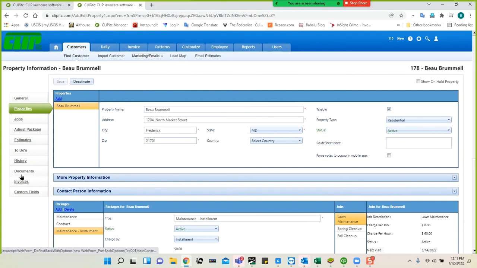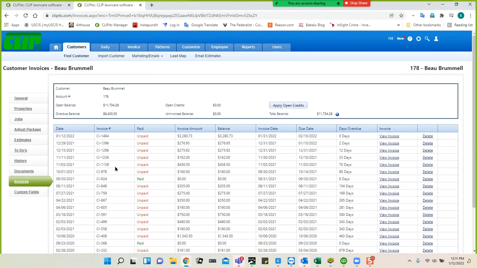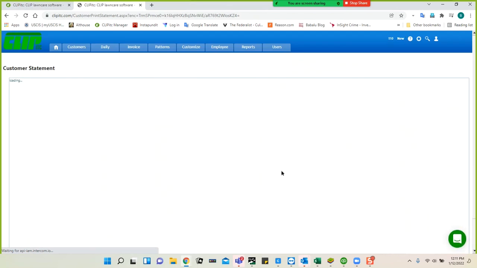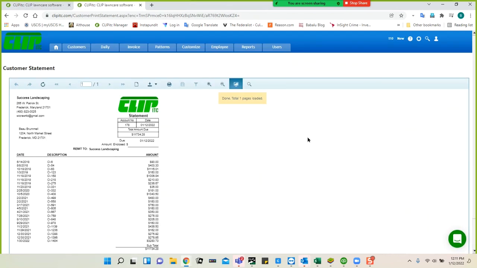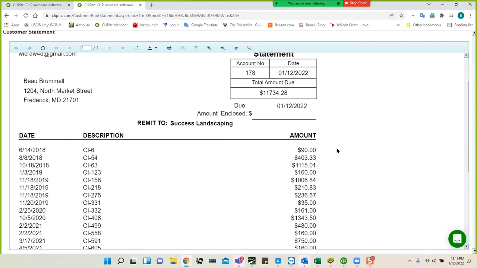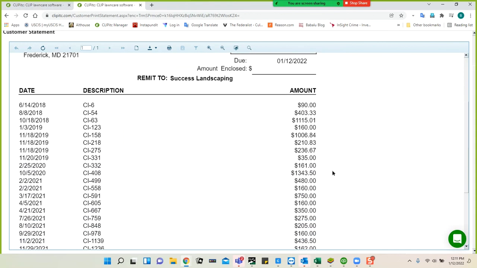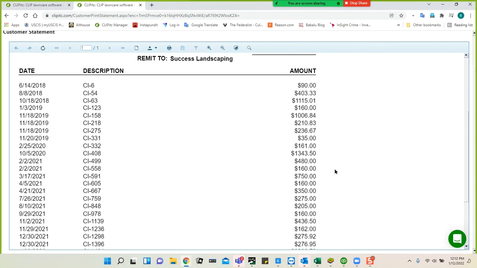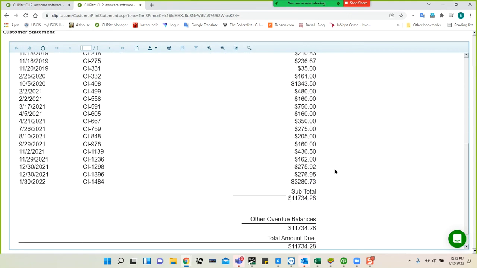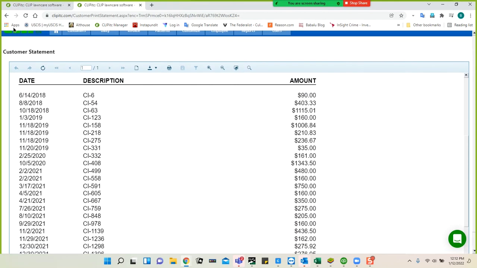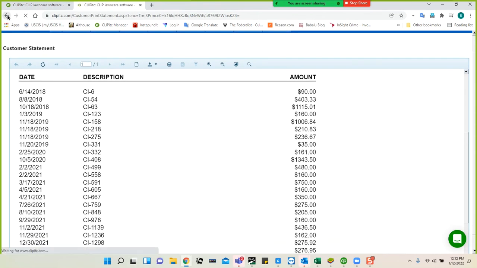All right, so in the customer, you go to invoices here, and there is a print statement option. When you hit print statement, it's going to generate what in an invoicing environment is, as you can see, a list of all the unbilled or unpaid or partially paid invoices. Now, this is again showing, it's not showing what's 30, 60, 90 days past due, it's showing everything that hasn't been paid. And if we go back into the customer's, go back a screen,